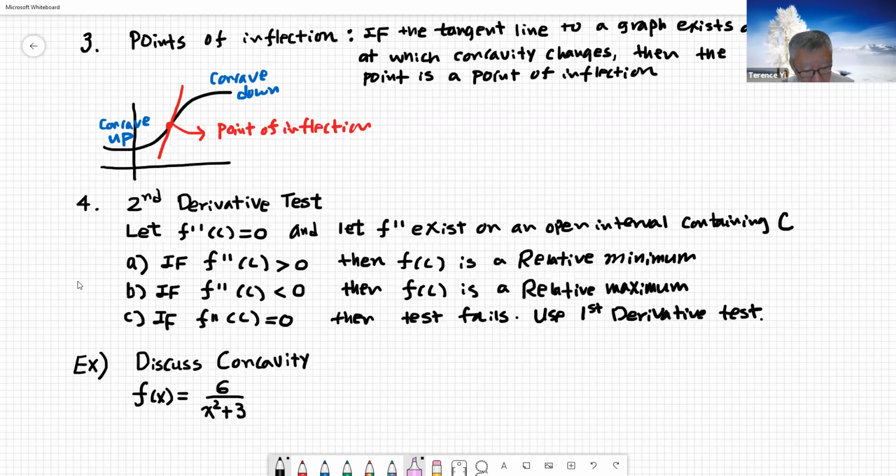However, if that f double prime of c is equal to 0, then this second derivative test fails, and we don't know what's going on. So that means you're going to have to go back to the first derivative test and find out what is going to be a minimum or maximum. So that's one drawback there. If you want to use the second derivative test, and you took the second derivative and it's equal to 0, then you don't have a choice. You're going to have to go back to the first